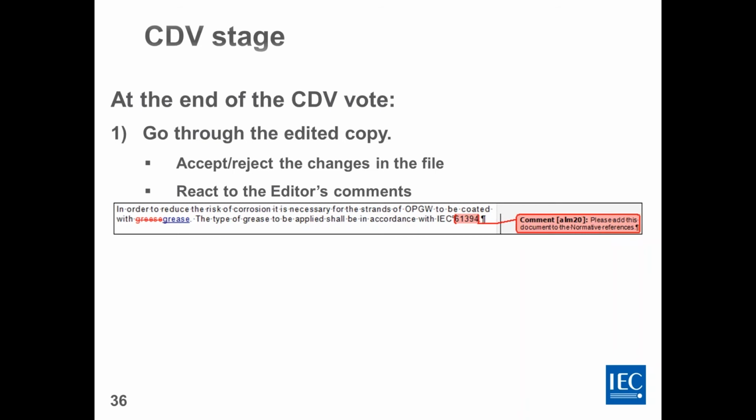Please don't do accept all or reject all with our comments. You really have to look at them one by one in order to be able to ensure that we have a correct outcome. The other thing you'll have at the end of the CDV stage is the commenting file,